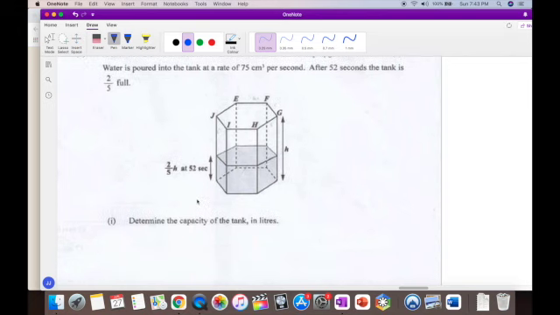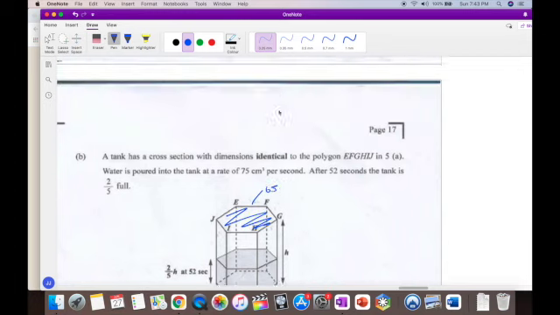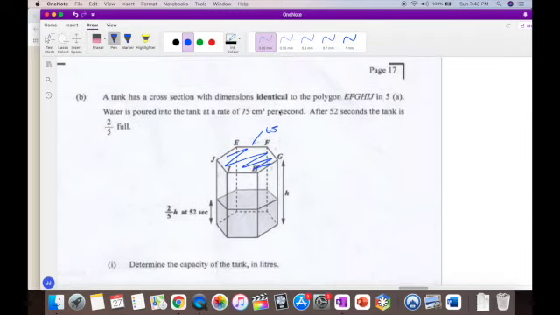So we are asked to determine the capacity of the tank in liters, right? So the volume that the tank could hold. But the thing is that we do not have the height, we have the area, and this area is approximately 65 is what we got here in this last one. So we have the area there, and maybe we might need it, maybe we might not even need that, right? So at the end of the day, let's see what we have. Yeah, we have the water is poured into the tank at a rate of 75 centimeters cubed per second for